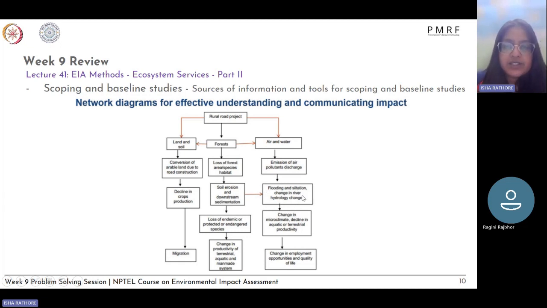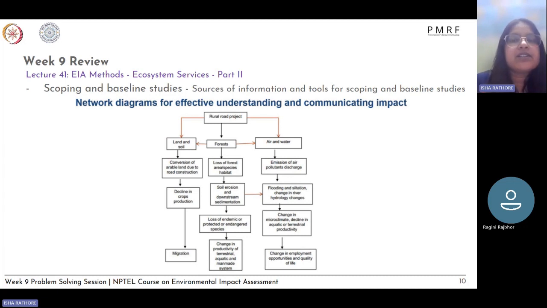Then there will be flooding and siltation, changes in river and hydrology, changes in microclimate, and decline in aquatic or terrestrial productivity, which will again change the employment opportunities and quality of life. So you see how different activities of the project can affect different parameters, and how the ecosystem services dependent on